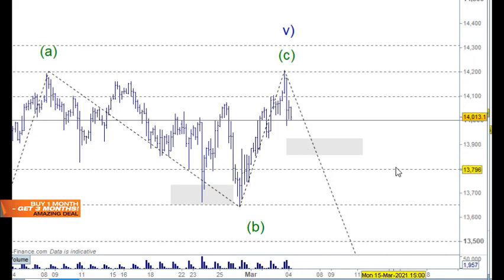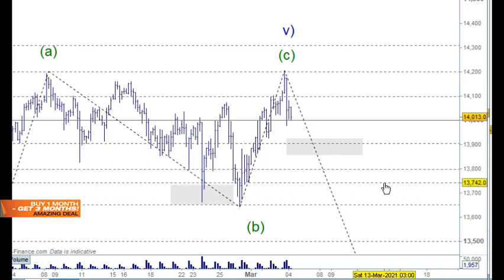So we don't really want to see the 13,900 become the retested resistance. If that's the case, then the market's likely to move further than that. Obviously the support's at 13.5 and part of group 2 here, so all of group 2, 65, 72 in here, the 13,720 and the 80, that's the real support. But at the same time, we wouldn't want to see this